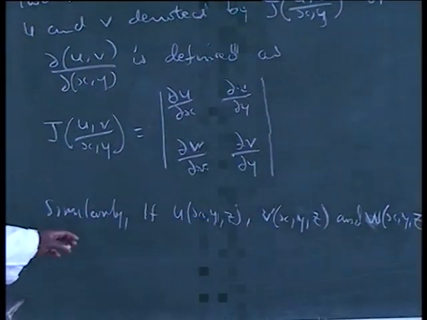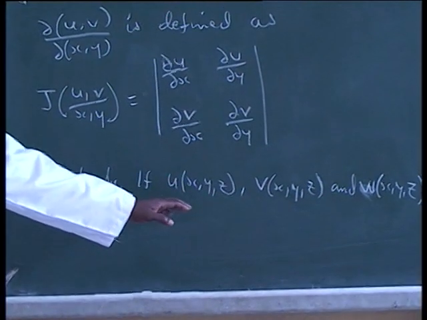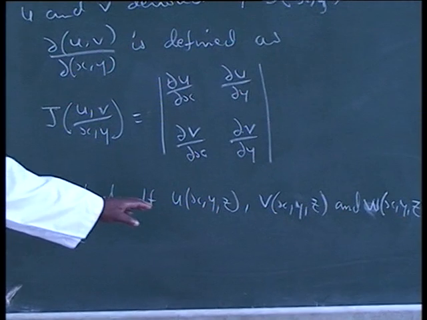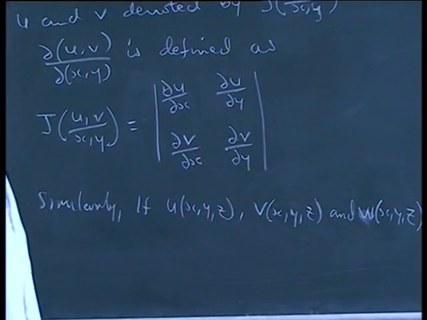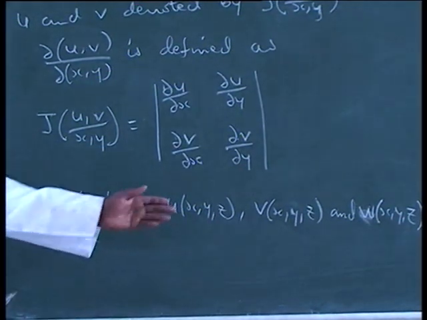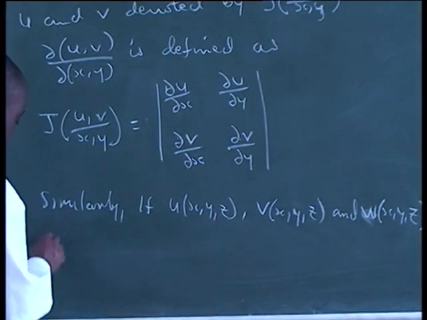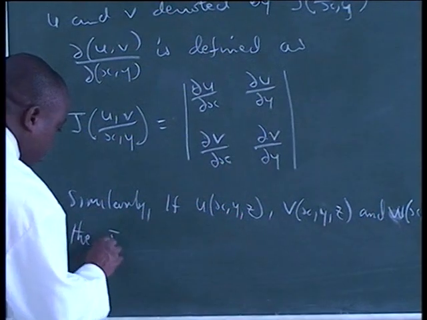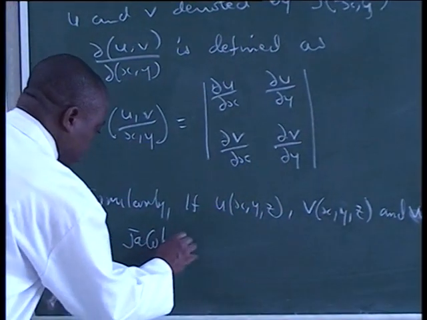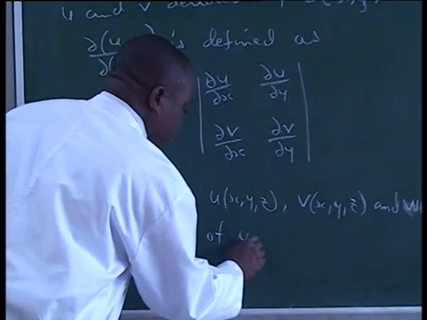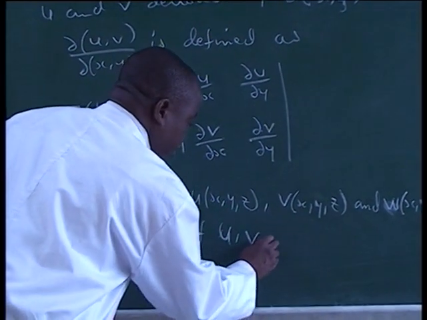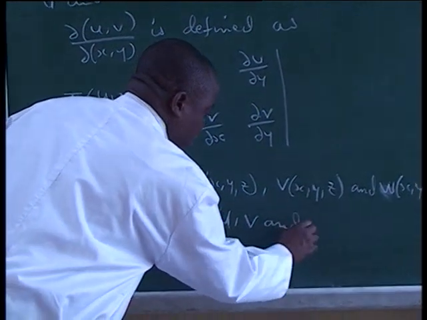Notice that these are three functions that are depending on x, y, and z. So if we have these three functions, the Jacobian of u, v, and w